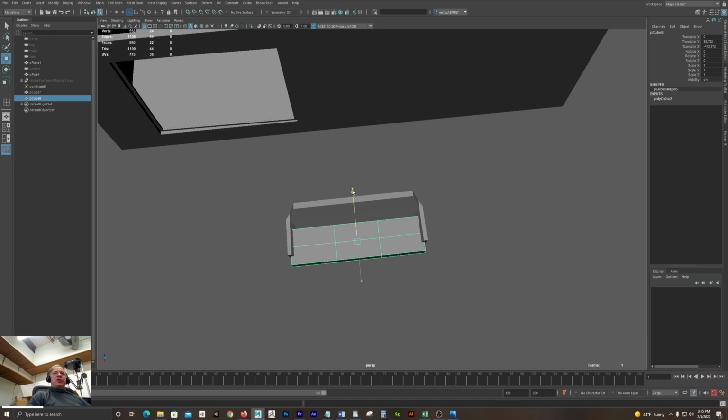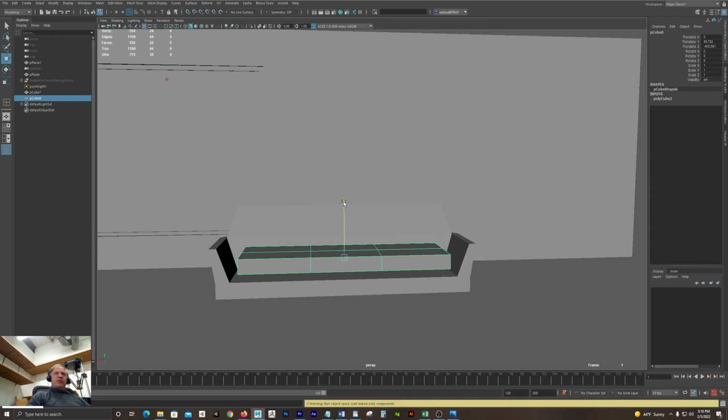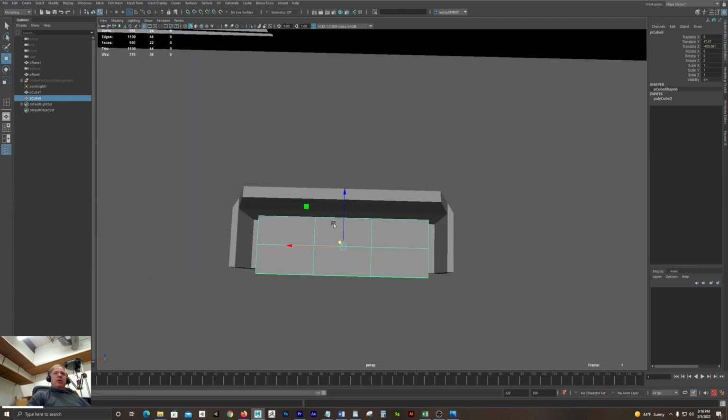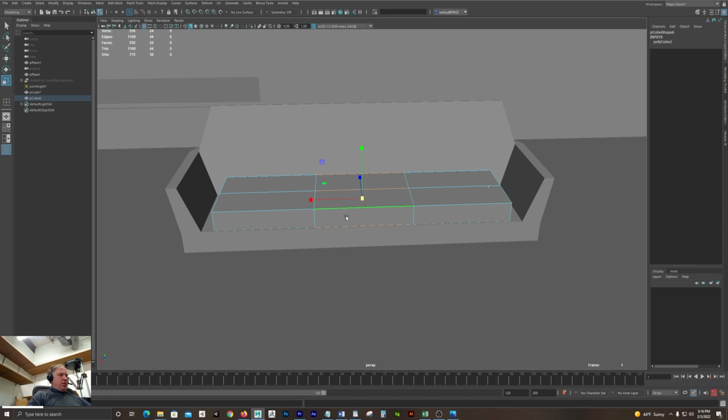So here's a fun way to cheat. I've got this one that is already the divisions of my couch. I'm going to use this as my measuring tool. So F8, object mode, Control D to duplicate,